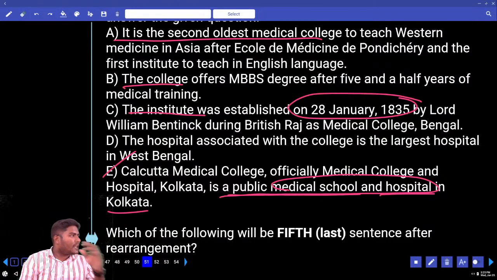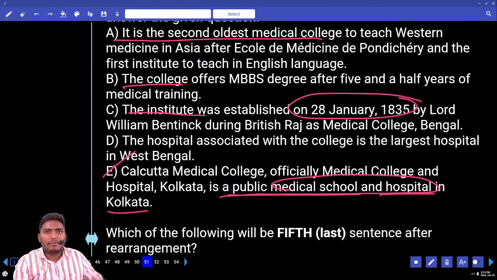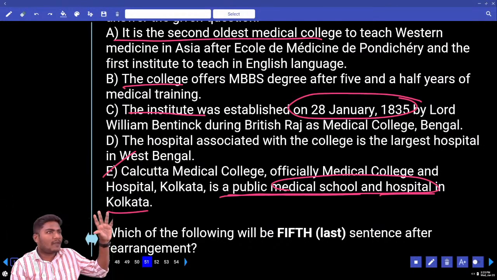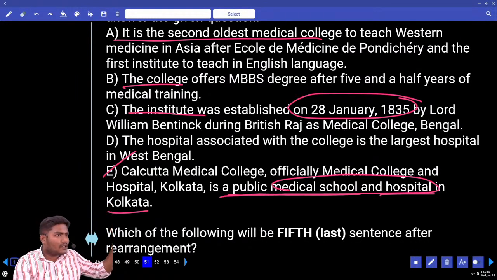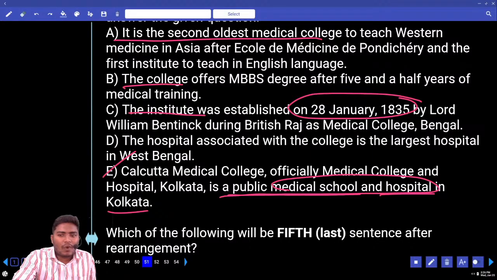Now, when you speak about any person's life, person who is dead, some great people. Now, have you read the life stories of any person? First, his name. If he has any other additional names, those names will be given. Next, when he was born, what was his mother's name, what is his father's name. This is the order, right? Now we are referring to a college which was established in Kolkata. Now what can we use here?